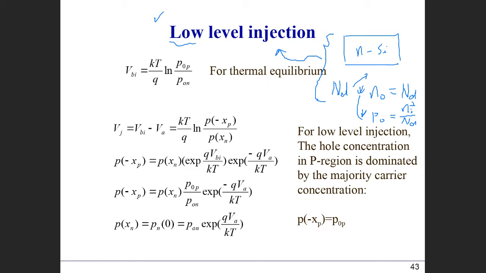When the minority carrier concentration is much lower than the majority carrier concentration,